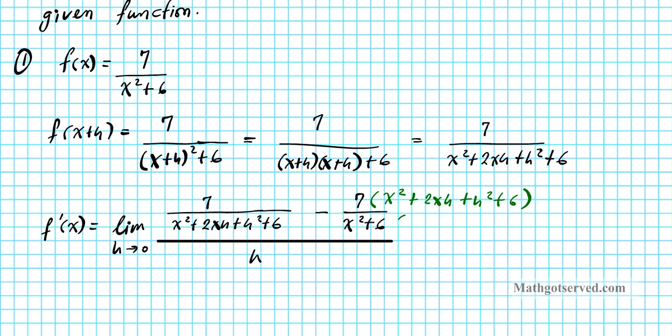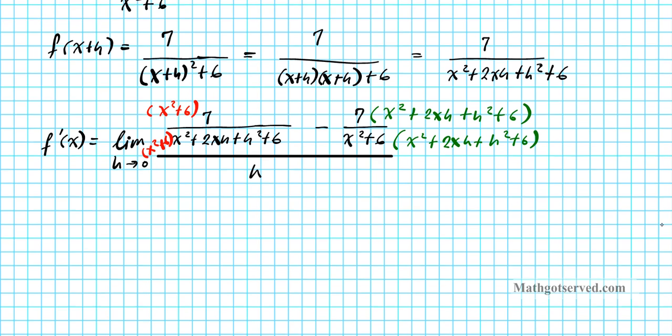So to preserve equality, whatever you do on the top, you do the same on the bottom. x squared plus 2xh plus h squared plus 6. And then on the left side here, the denominator is x squared plus 6. I'm going to multiply top and bottom by x squared plus 6. And then in the bottom, put that in here, x squared plus 6. Okay? All right, now we have to simplify as much as we can